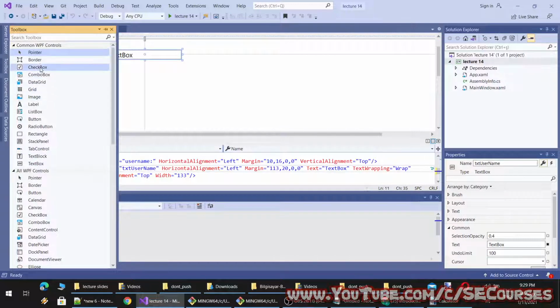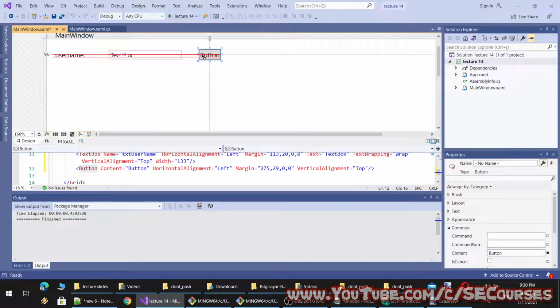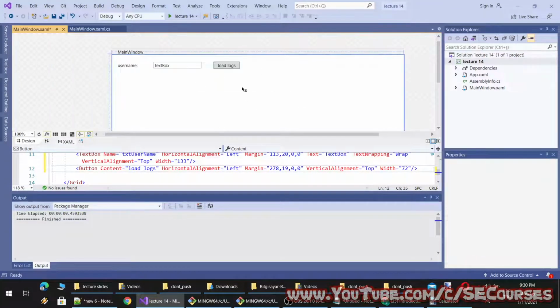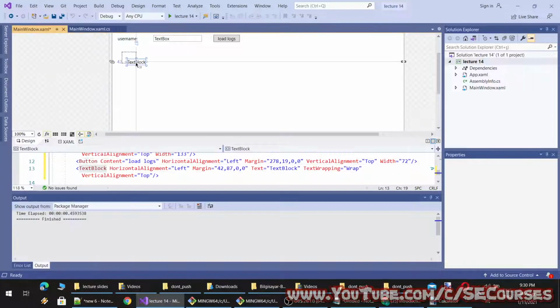All right, then we will have save and load, or let's say the logs will be saved automatically, but there will be a load button. Load logs. And then we will have a text box, or let's use a text block this time.